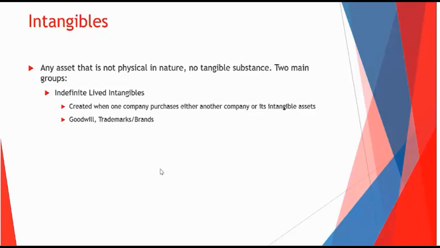Yep, exactly. And then you do not amortize these. You basically just have to check for impairment each year. What that means is, what is the value of these intangible assets, what profits and cash flows you expect to get from them. If it's greater than the value of the intangibles on your books, you don't do anything. But if the value you compute of the intangibles is less than their carrying value, then you have some sort of impairment charge, an expense on the income statement.